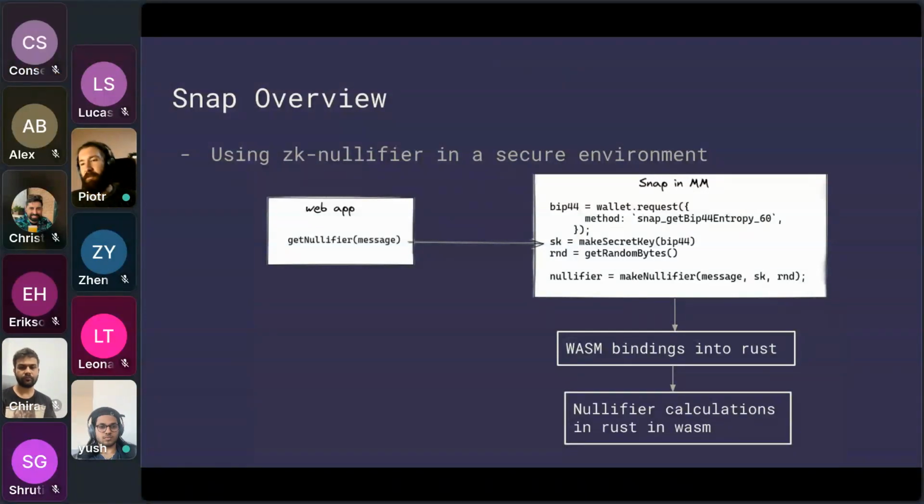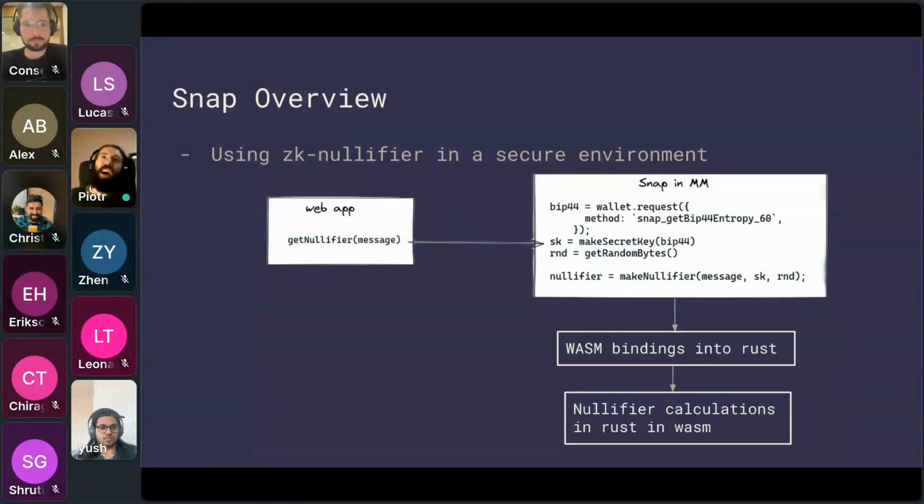Because if we just throw this new primitive into our web browser, there's a risk involved with parts of this input getting leaked, right? Someone could just sniff the inputs to this nullifier and then reverse engineer it and break the anonymity. So we would prefer to run it in something like MetaMask Snaps because they provide us with a secure environment on the client side where we have reasonable assumptions of security of the inputs. So that's for the introduction.